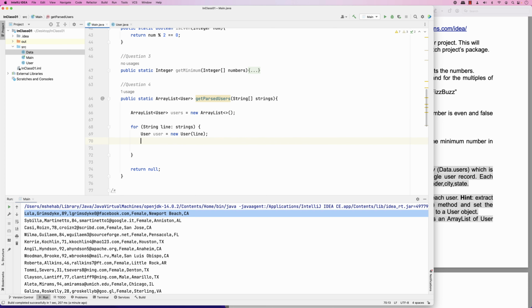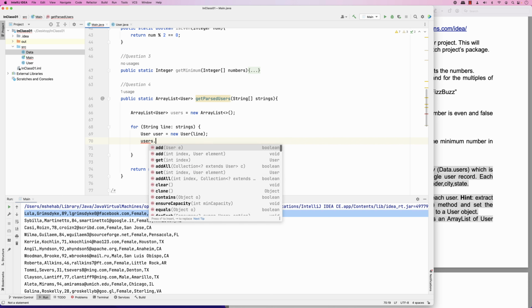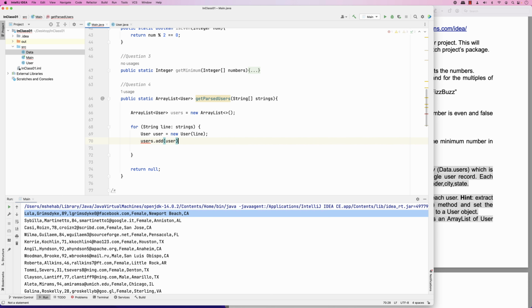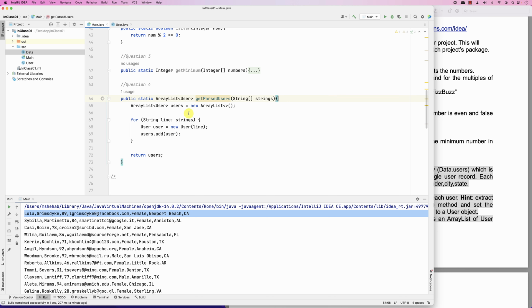Here I created the user. I'll say users dot add the user that I just created, right? And then basically at the end, I'm going to return users. Okay, cool. So that's basically what I'm doing here. This line creates an array list of users. I'm looping over the strings, and for each line, I am creating a new user using the constructor that we created, and then we return users. So now when we run this,